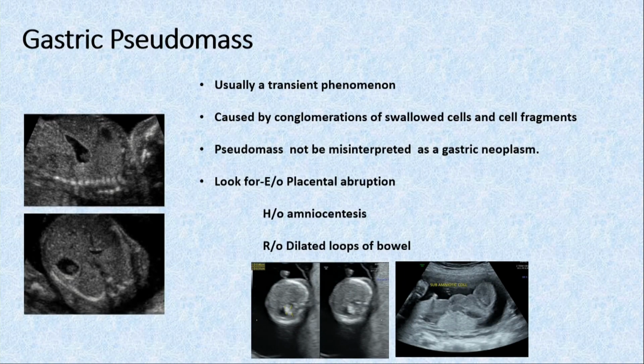Then there are some echoes in the stomach called gastric pseudomasses, which are transient. Whenever we see such pseudomasses, we have to see if there is any placental abruption. If placental abruption is there, then because of swallowing of blood, these features can be there. With amnio also, with blood in the amniotic fluid, we may get some echoes in the bladder. And secondly, if dilated loops are there, we get this type of gastric pseudomasses, which are nothing but some swallowed material in the